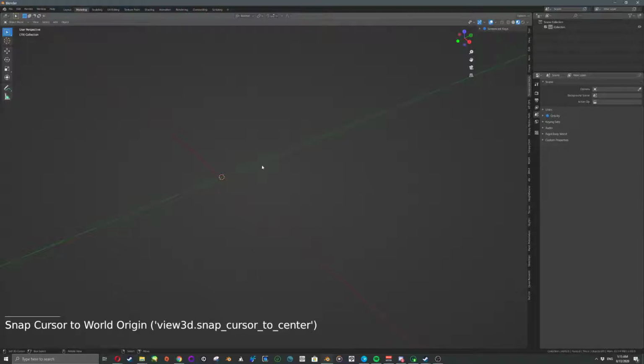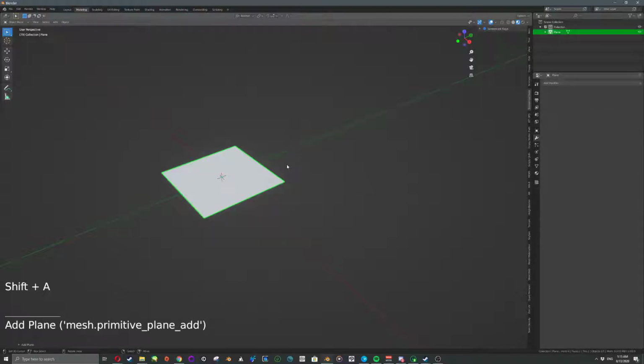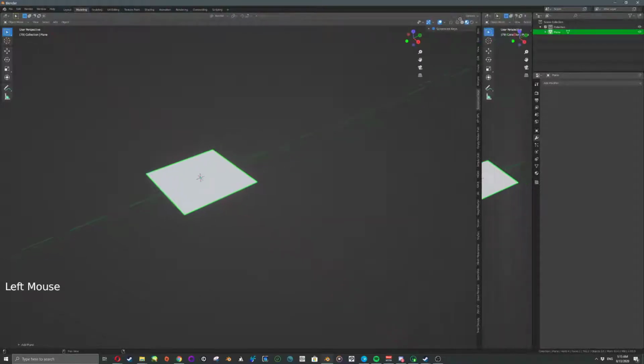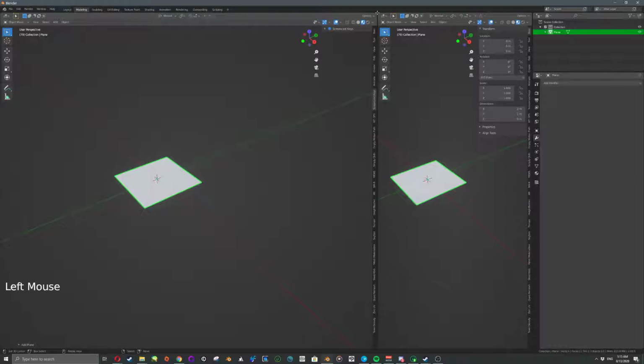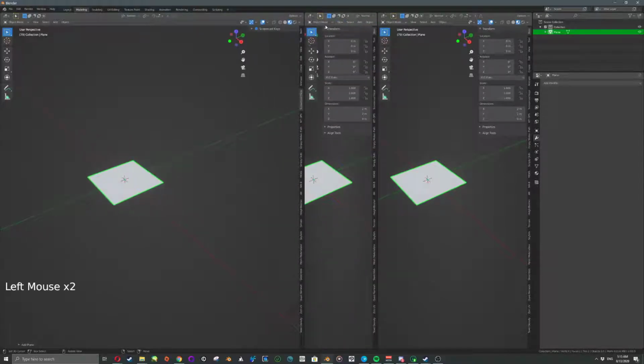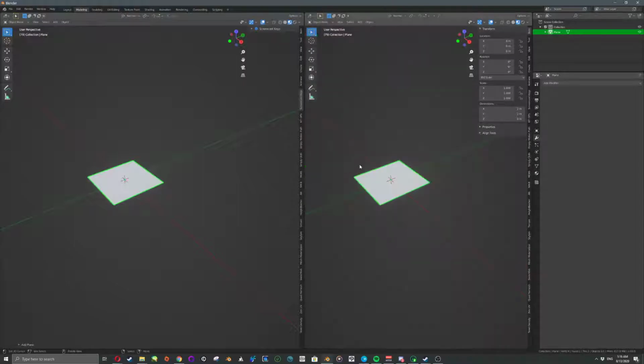Alright, so I'm going to create a new plane. This is going to serve as our canvas for our animated sequences. What's going to happen now is I'm going to drag this out, a new window. You can tell there's a cursor here, just click and drag, create a new window. But be careful, don't do it twice, because it's going to create two windows. Now if this happens, just right click on one, join area, and wherever the arrow goes, it's going to connect